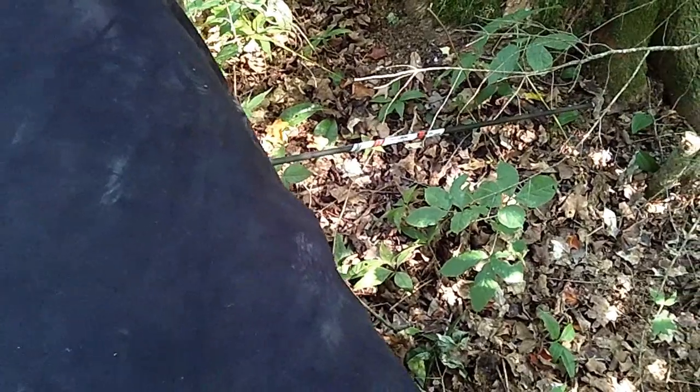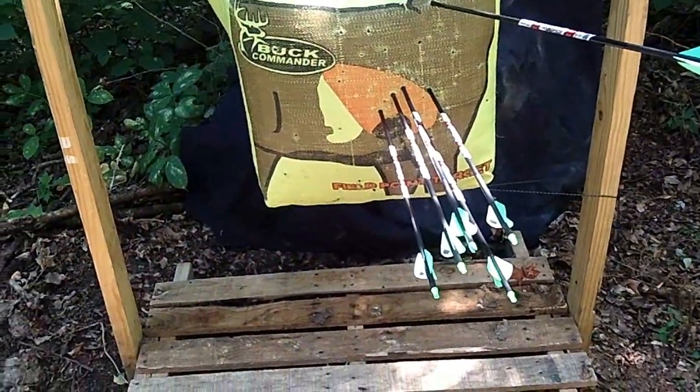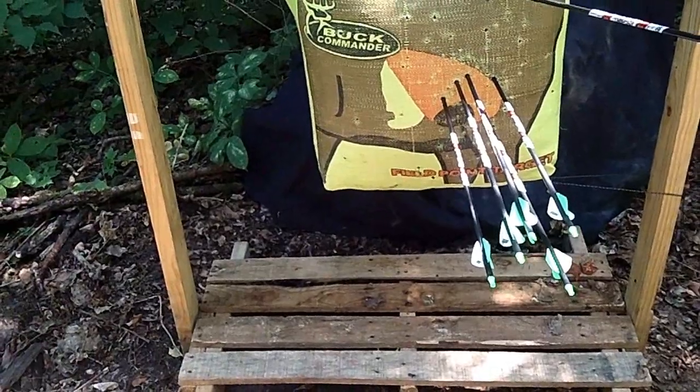Also, the backstop did what it was supposed to do. You can see the arrow hanging out right there. So that did excellent. I don't have to chase it back in debris and possibly have it go into a tree or something. Okay, the conclusion is in after probably about a half hour of